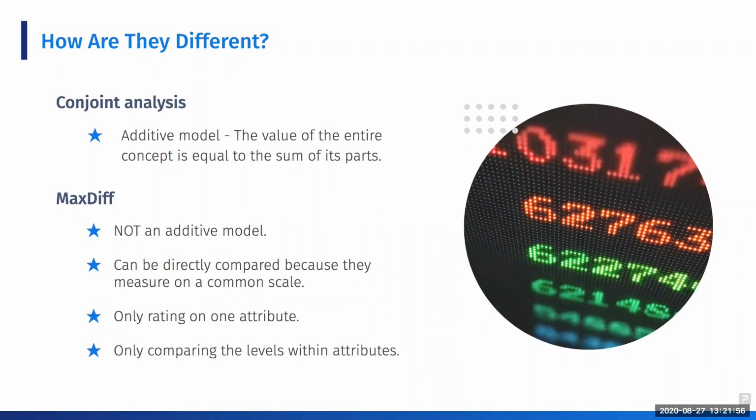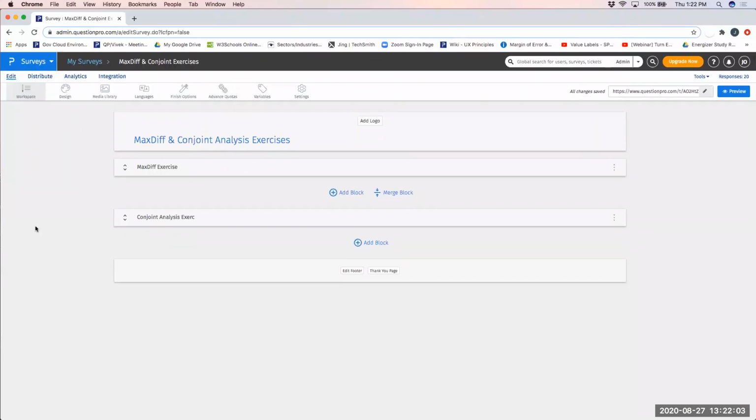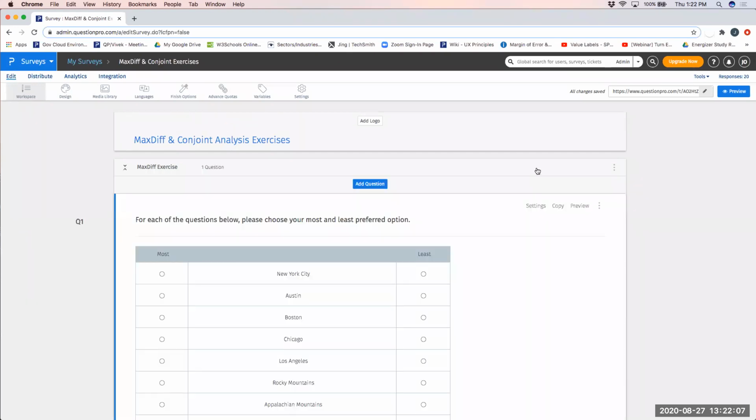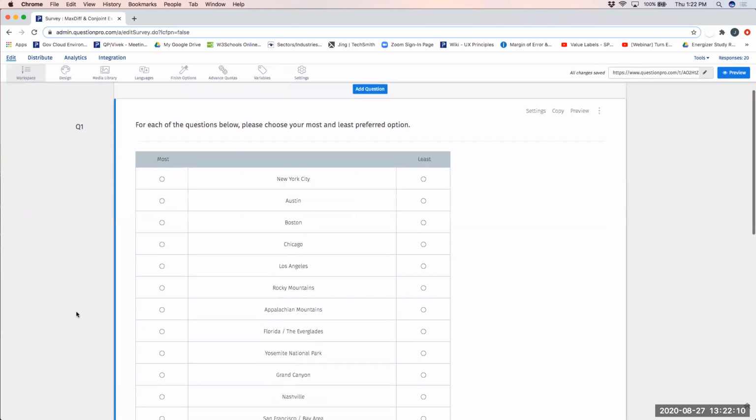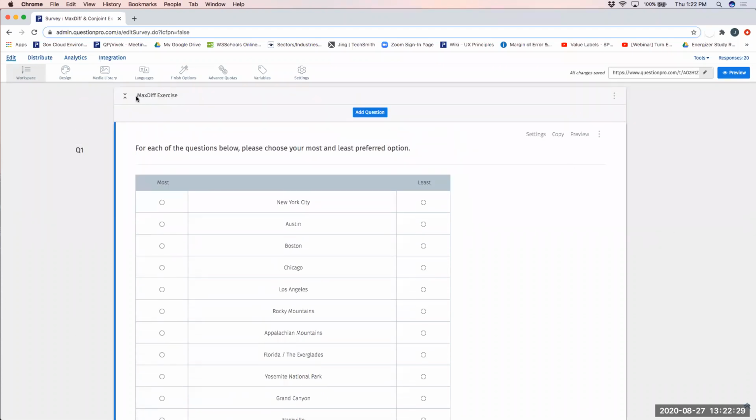So what I'm going to do here is share my screen and provide you with an example of how to apply these two exercises. In this case, I have a list of possible tourist attractions, or locations that folks might be interested in visiting, in 2021 and beyond. Granted that there will be a vaccine out soon enough, of course. And the way I set this up,